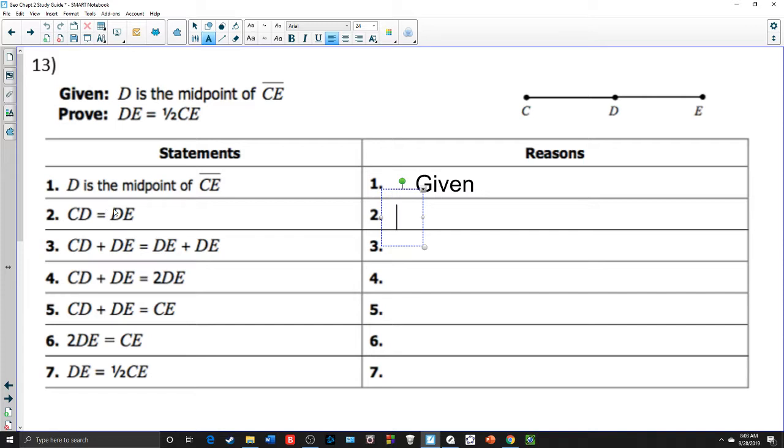Then it says CD is equal to DE. So CD, this one right here, is equal to DE. That's what they're deducing. Well, how can they say that this half is equal to that half? Why is that true? Well, it probably has something to do with the fact that D is the midpoint, right? If D is the middle, if this is the middle right here, that means the first half has to equal the second half. That's the definition of a middle, or the definition of a midpoint, which is exactly what we would use here. We'd say, by definition of midpoint,